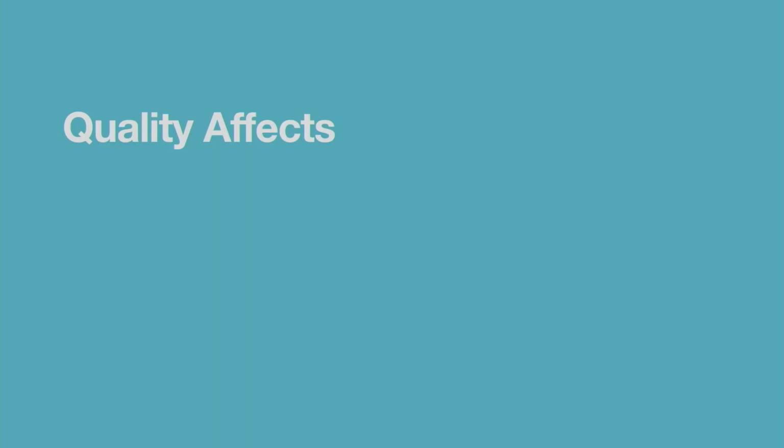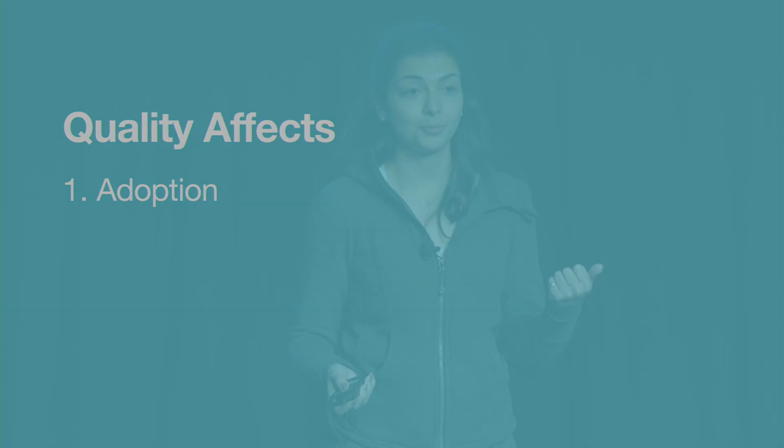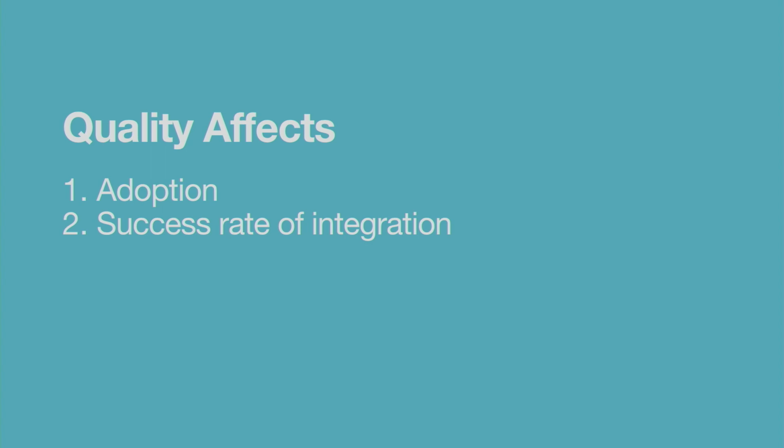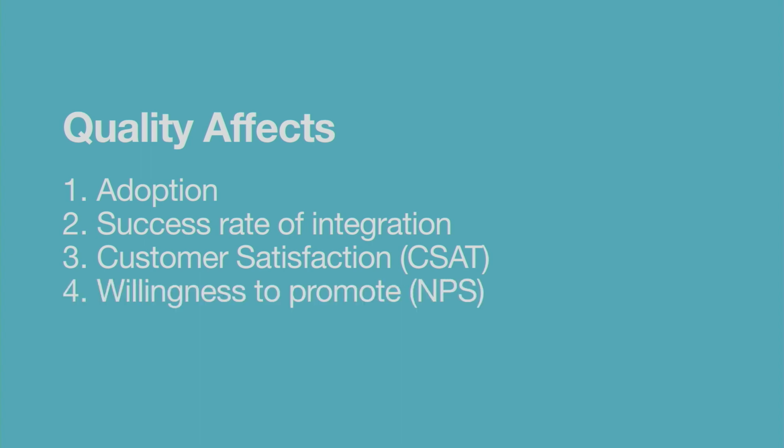So delight is sort of a metric of quality overall, and it affects everything. It affects everything from people's ability to adopt you, and that's both ability and interest in using your technology. It affects their success rate of integration. If they try and they fail, do they stop, or do they keep on going because they have some confidence that this is going to be a useful product for them to keep on working with? It affects customer satisfaction, which is in turn a big thing for retention. And it also affects people's willingness to promote your technology.